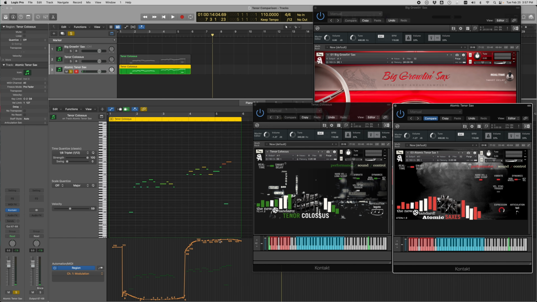So you can hear just a little more edge on these high notes, on the higher velocity, and again they're made to blend with all the other Atomic big bands. So it doesn't have that kind of really quiet sound. So for more exposed solo situations, Tenor Colossus is what that's for. Obviously you can play